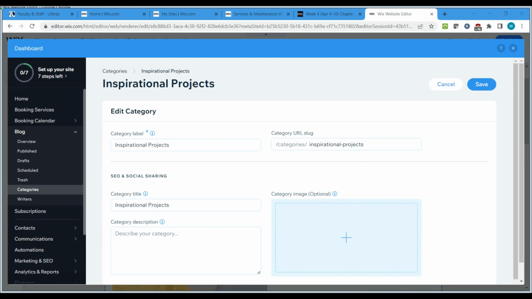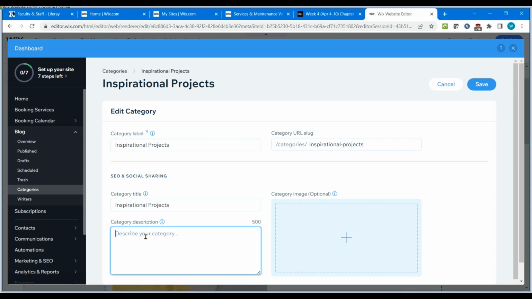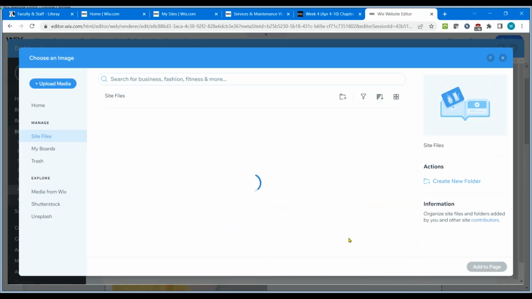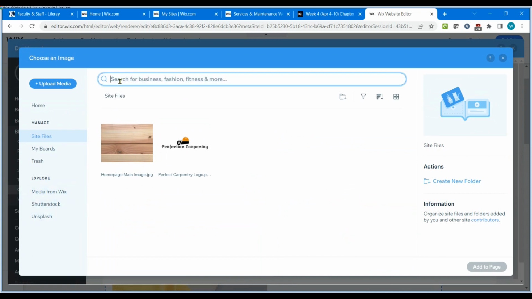And what I'm going to say about this one is projects that drive your inner carpenter. How about that? Let's go to add here. And let's just search up here now. Let's not go down here. Let's just search here. We want to search for wooden